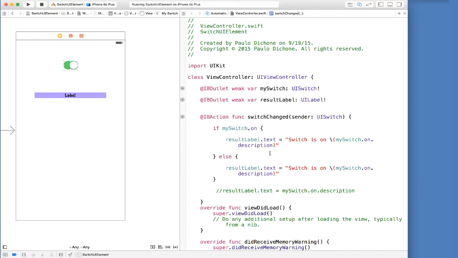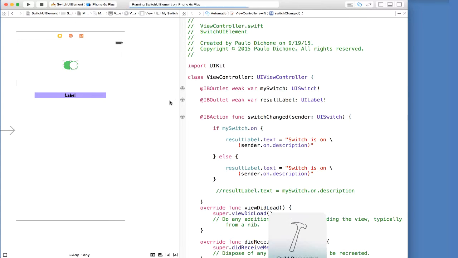Now, one thing before we go, I would like to point out again is that if you look inside of our func switch changed, we have this parameter here or argument. What it's saying here is we are passing a sender of type UISwitch, which means we can access this switch inside of our method by just using sender, because this sender here knows everything about the switch that we are talking about here. So to prove to you that this works, instead of putting my switch, which is what we have created here at the top, I can just go ahead and say sender and put here also sender and save.